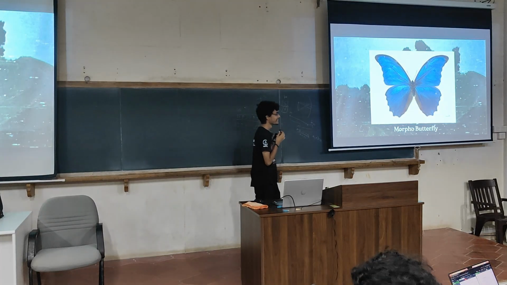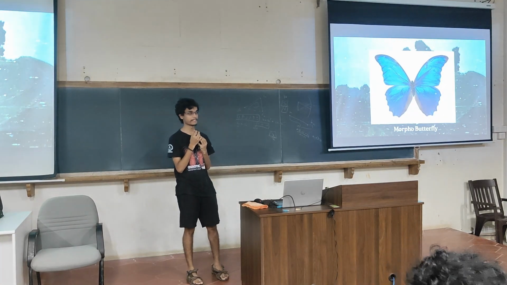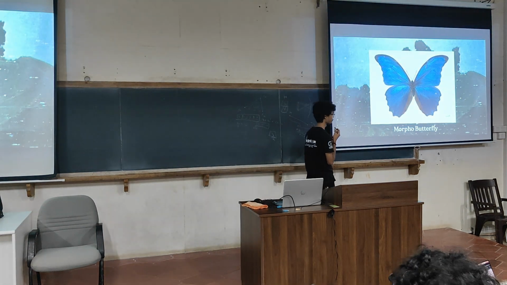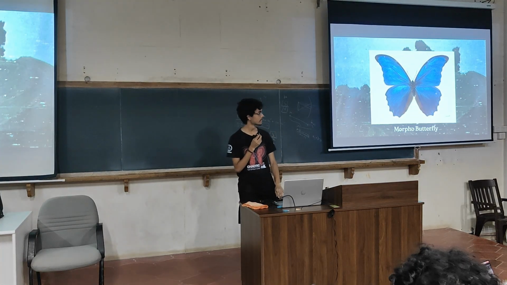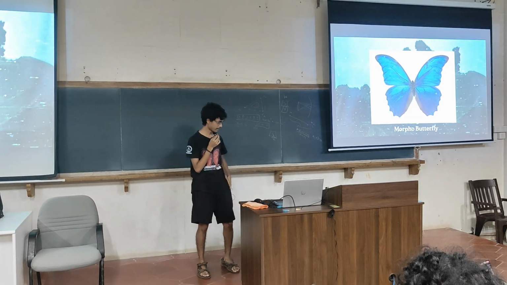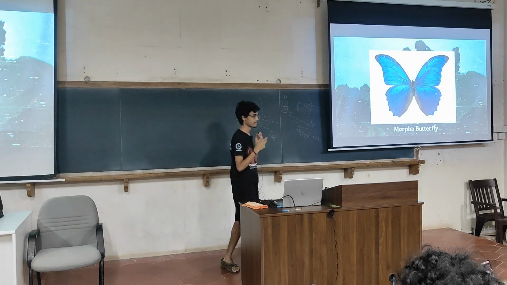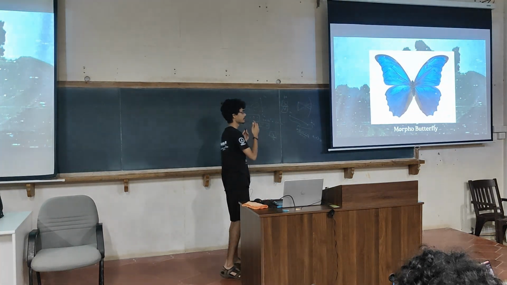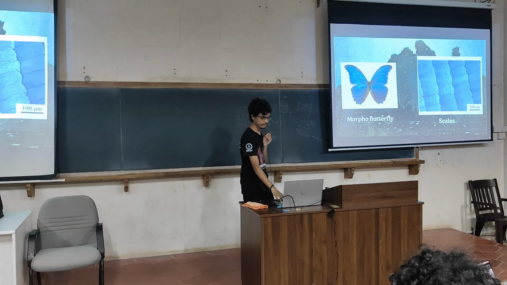Yeah, but still, there are some blue birds that biologists have creatively named bluebirds, and there's some blue flowers which thankfully are not named blue flowers. And the special thing about the morpho butterfly is if you grind up its wings, then you don't see a blue color anymore. You'll see brown instead. So the color is not due to a pigment in the morpho butterfly. It is due to the structure of its wings.